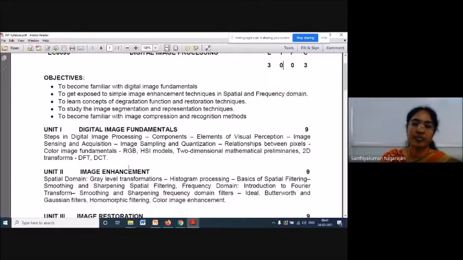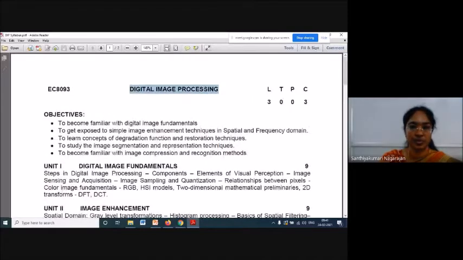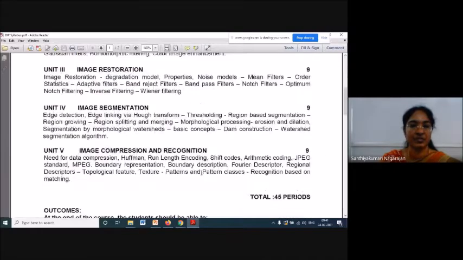For this course, you need no kind of prerequisite. You already know what signals are, what systems are, and in what way a signal is processed in terms of digital signal processing. You might have come across certain fundamental theories in your communication theory and certain error analysis techniques in digital communication. All those applications you're going to apply in this course, namely digital image processing. So this course has five basic units.